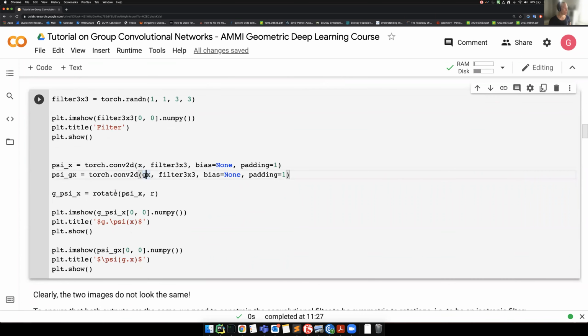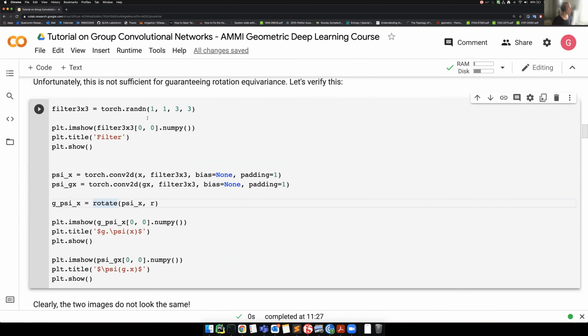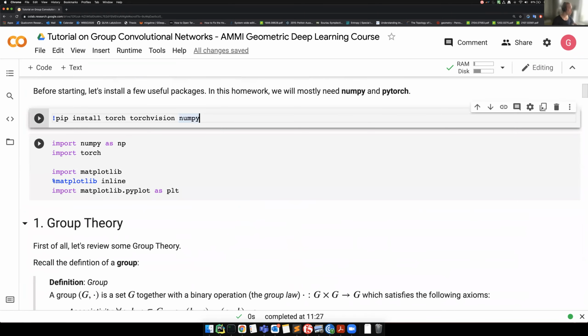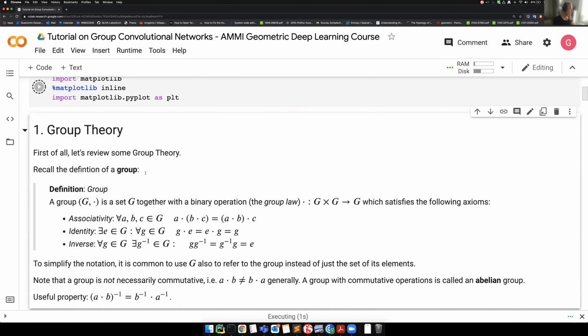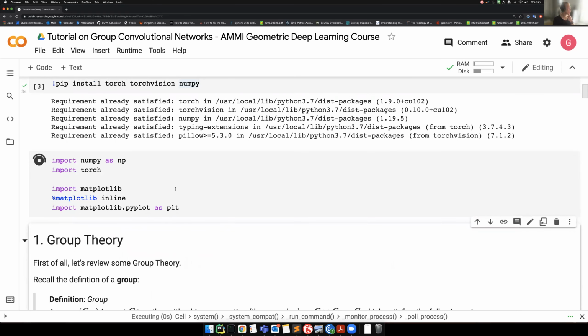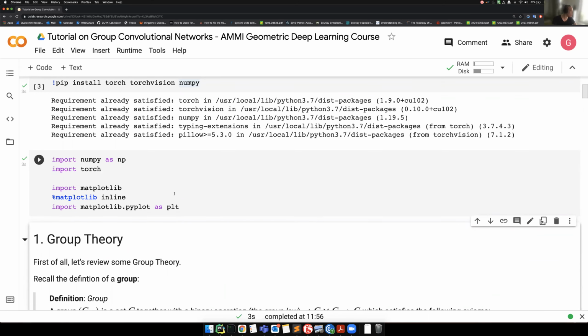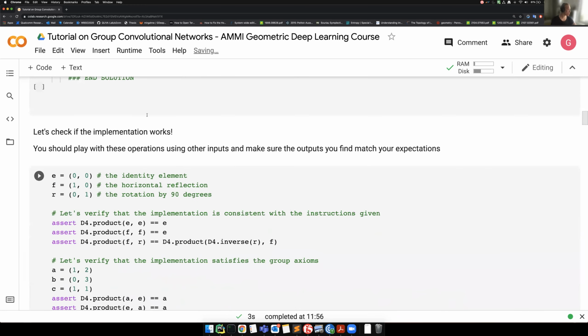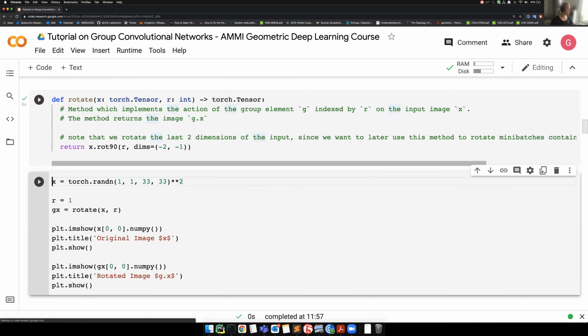Now we would like the output of these 2 convolutions to be rotated versions of each other. So we can take the output of 1, rotate it back, and get the output of the other. I think it's necessary that I actually run this code. I will clean the outputs later, so you don't have to get the dirty version of it. Run this. Okay, here we see